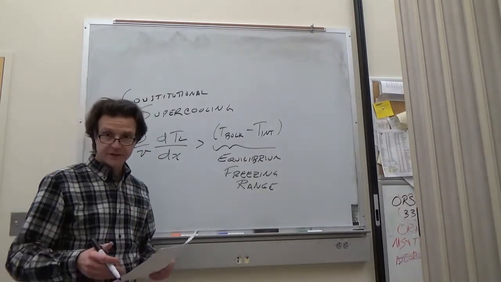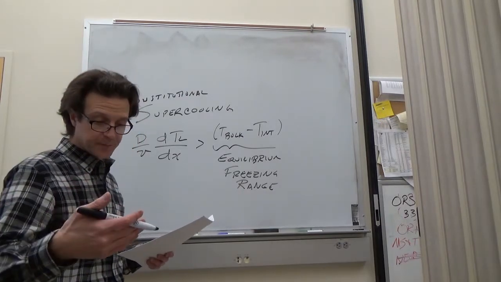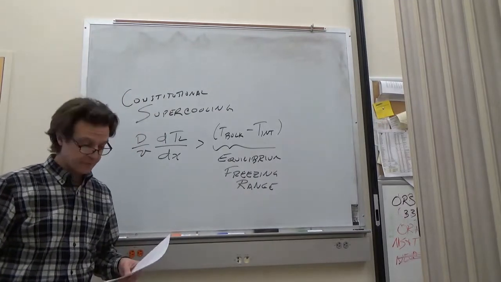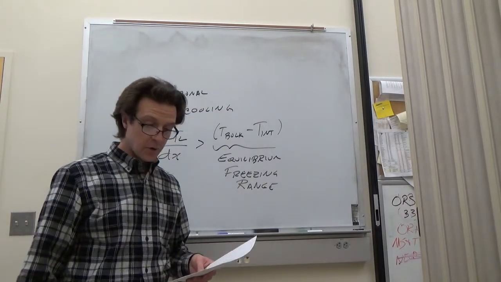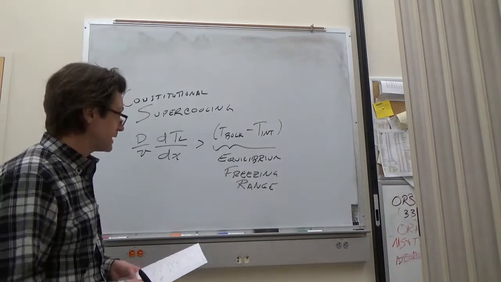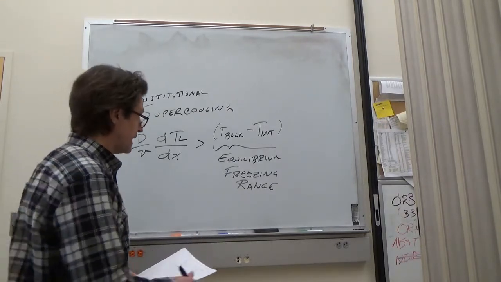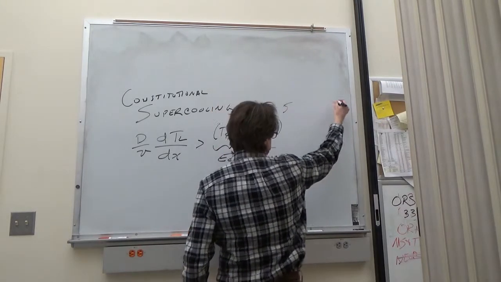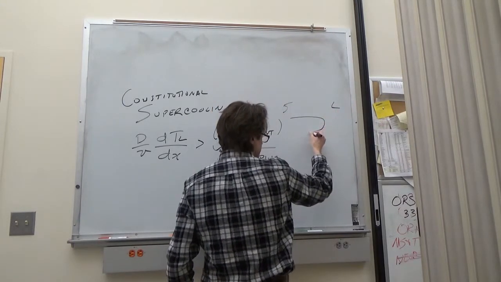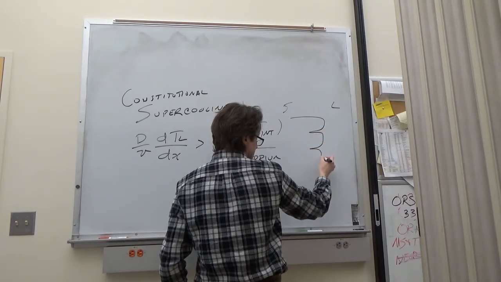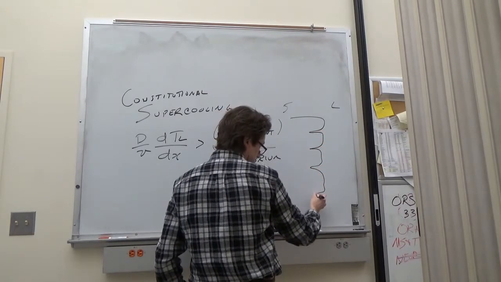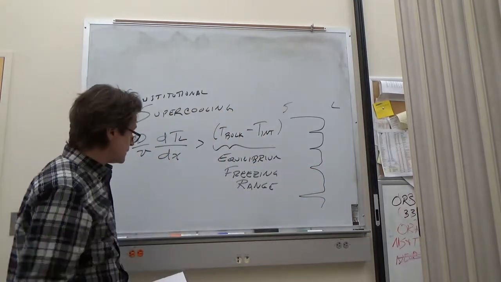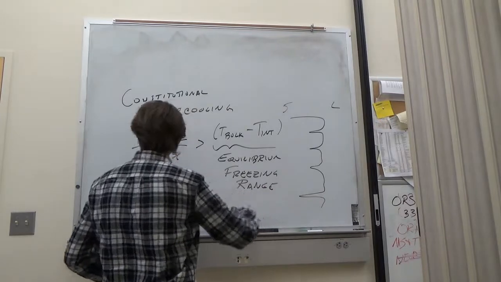The only time is when you have a very special experimental setup in order to maintain a planar front. Most of the time you wind up with a cellular or a dendritic front. So you'll have some solid going into a liquid that has some nodules to it. You can also get dendrites in which you have